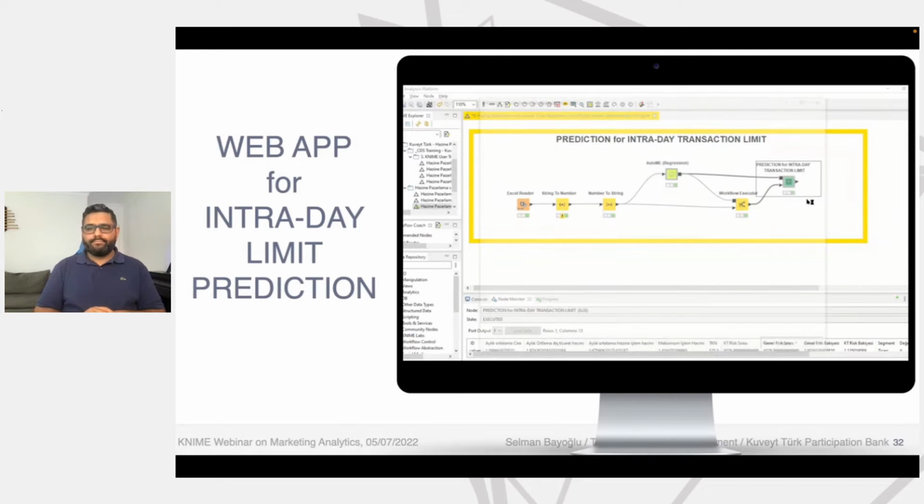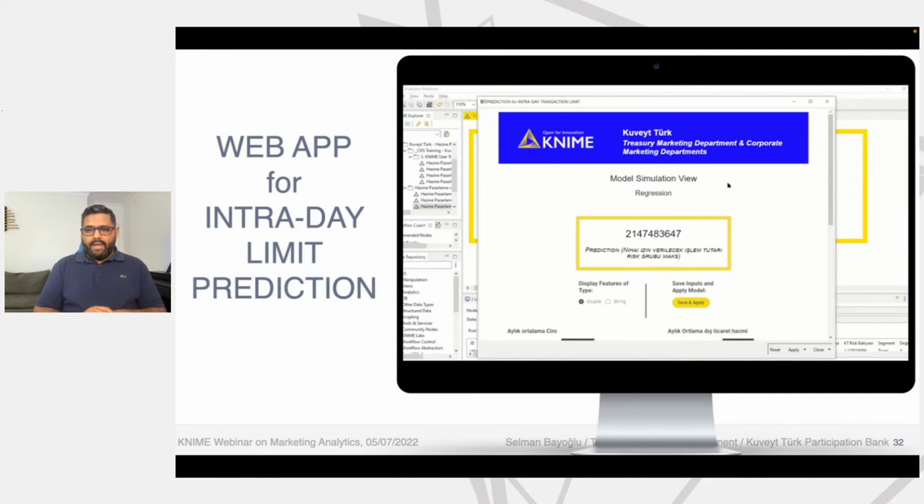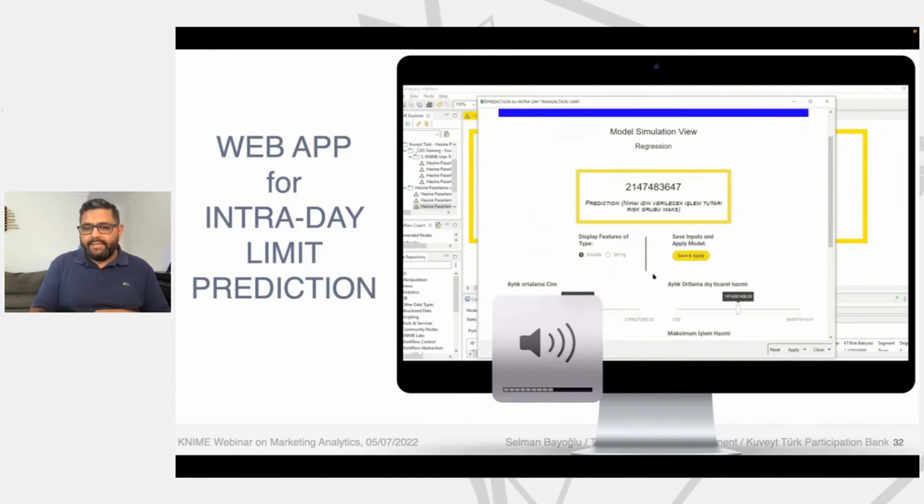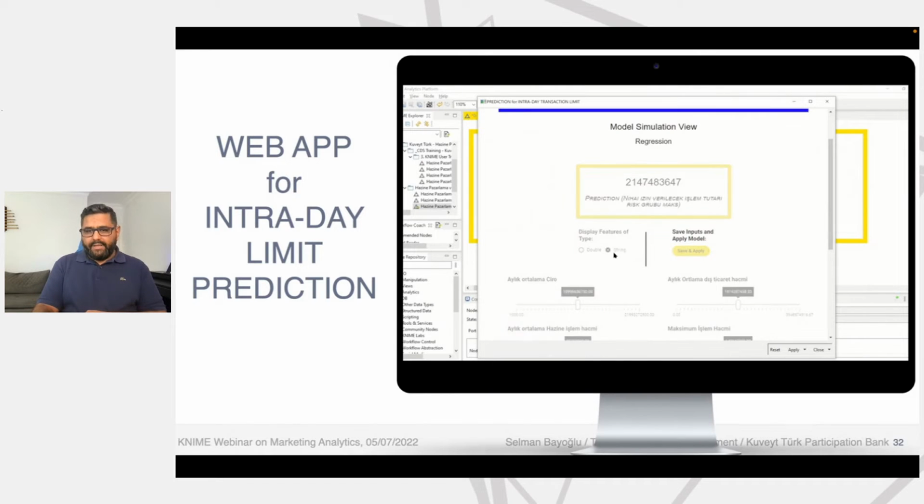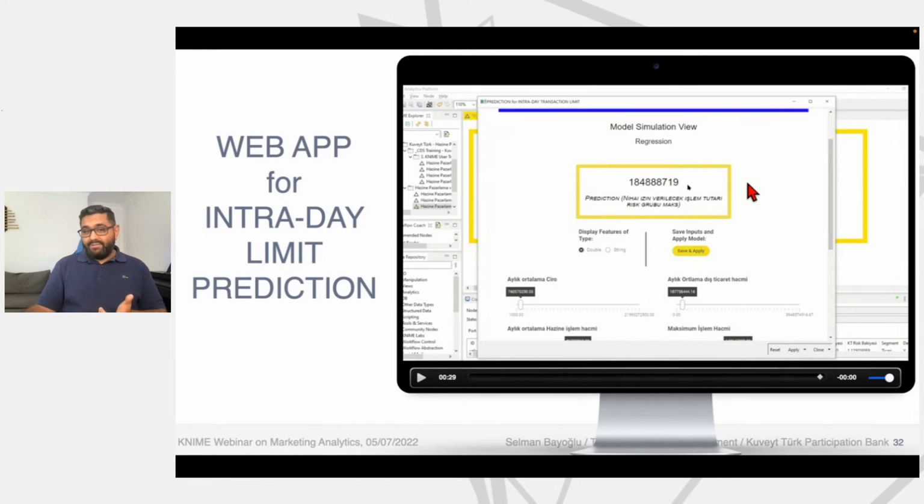You see? And you're selecting the variables. These are the end users, analytical consumers. They are not required to know coding. They are not required to know Knime, nothing. They just use this interface. This is an app. Then select save, apply, and you see at the top, the number is just there. Great. It's so easy, isn't it?